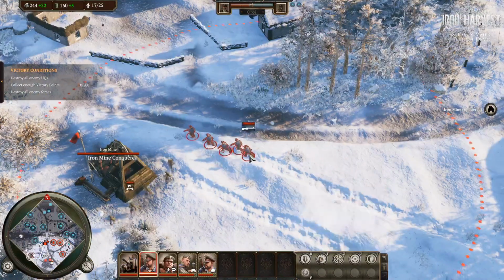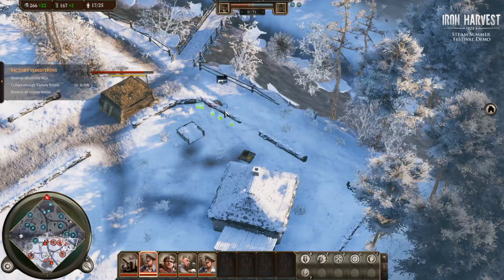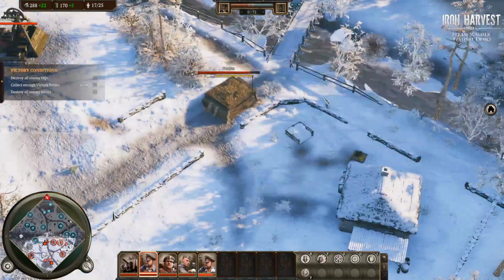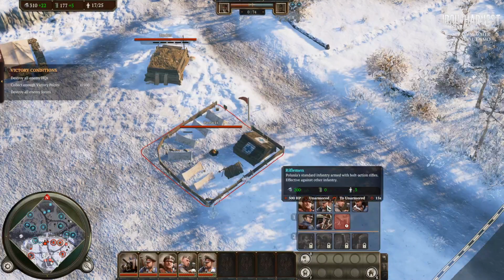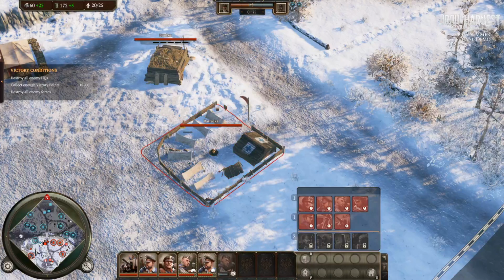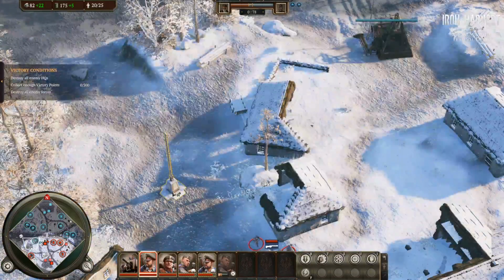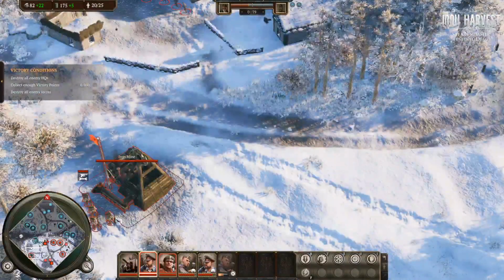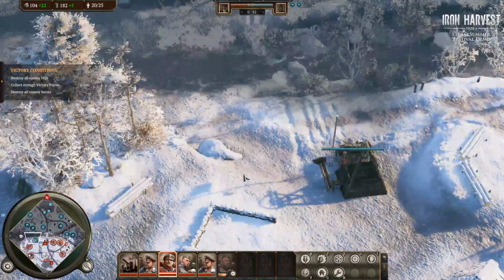We've captured the mine. Alright, good. Now we can build some grenadiers. Grenadiers have certain abilities, they can throw grenades. In the meantime, we're gonna take over this point and let's go here, and